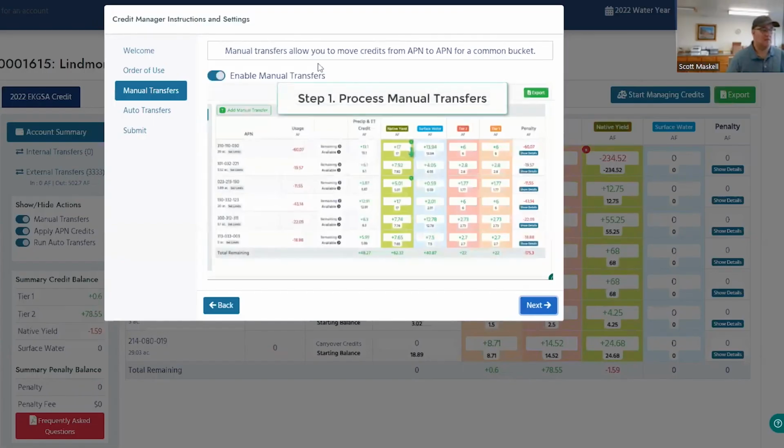This next option is for manual transfers. Manual transfers allow you to set up individualized transfers from one APN to another. This is important in many cases. We'll talk about a few of them in a minute. But ultimately, this allows you, if you have